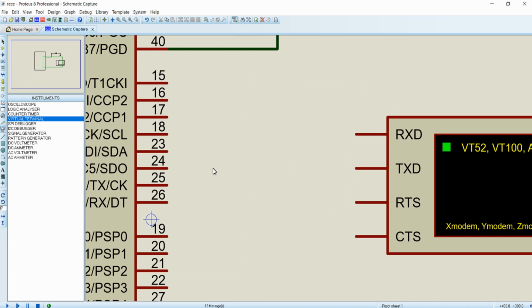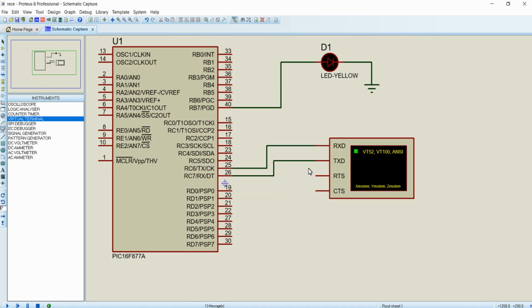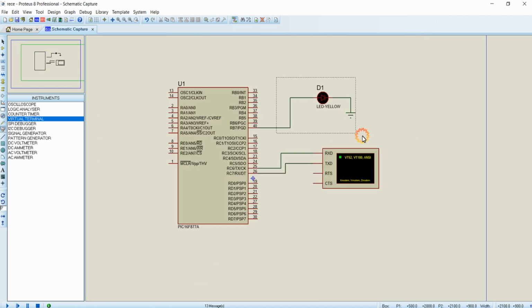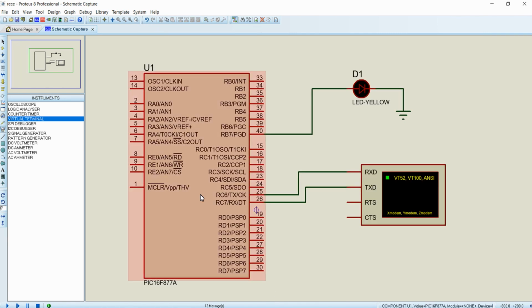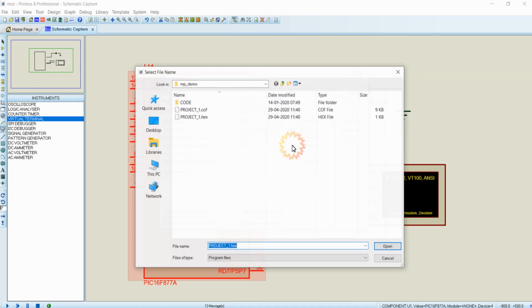For connection, you just connect the TX of the microcontroller to the RX of the virtual terminal, and then connect the RX of the microcontroller to the TX of the virtual terminal. That's all about the connection, and we are just going to use this LED that is connected to RB7. Now double click the IC and click on this icon for loading the program.